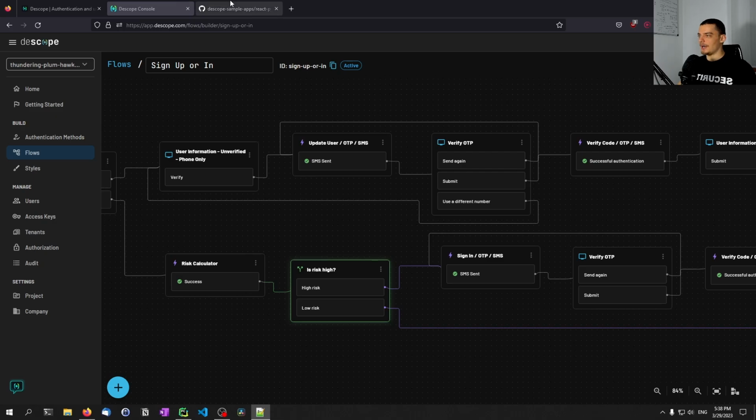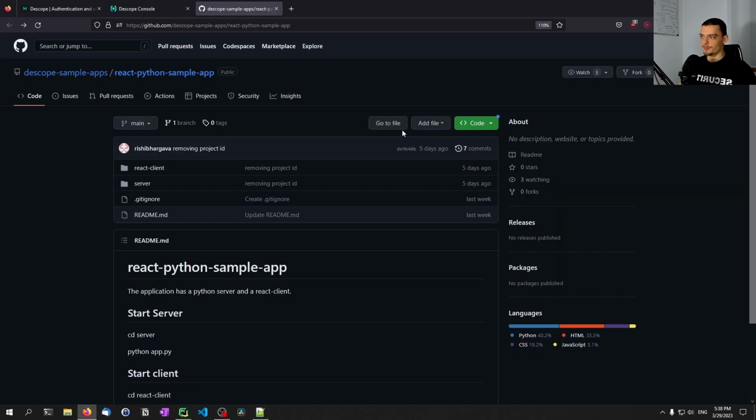Now, for this video in particular, Descope has provided me with a GitHub repository of a sample application. So if you don't want to code anything, you can just get into Descope, create your account, do whatever you want, and then you can just download this repository. You have to set it up properly, but basically that's it. And you have your Flask backend and your React frontend running and interacting together